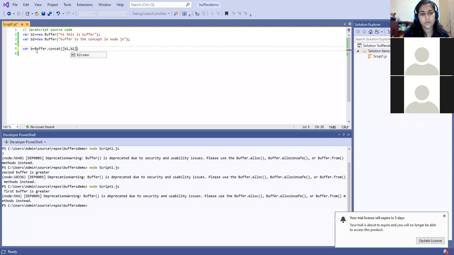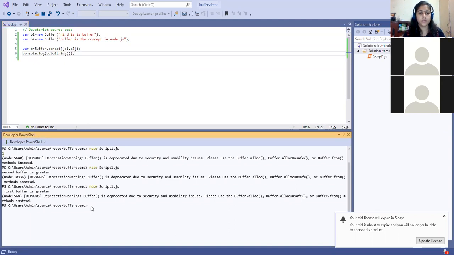Two buffers list I have to pass. I can give the character encoding as well. And now I want to display the contents of the third buffer, that is console.log(b.toString()). Now let us look at the output.